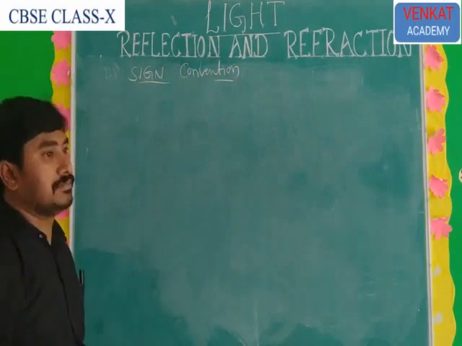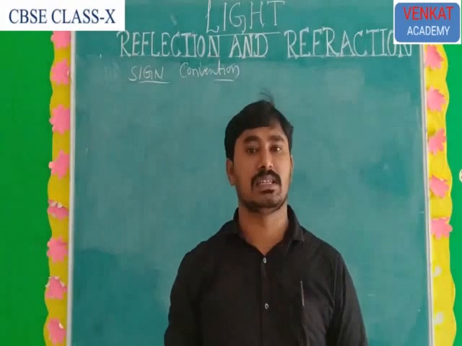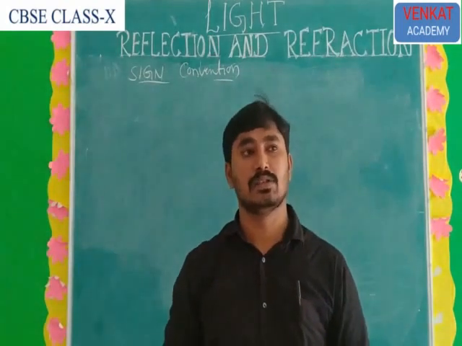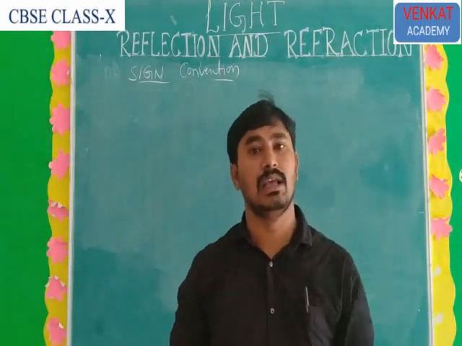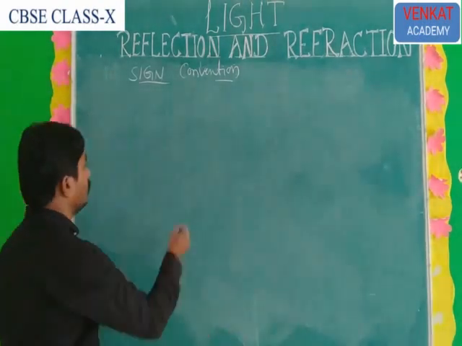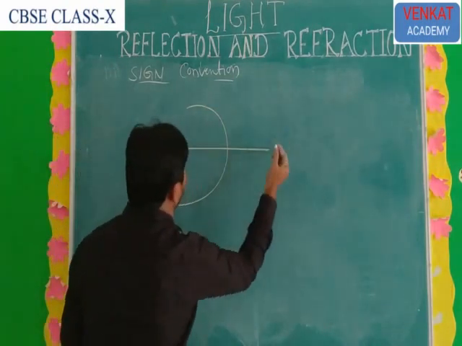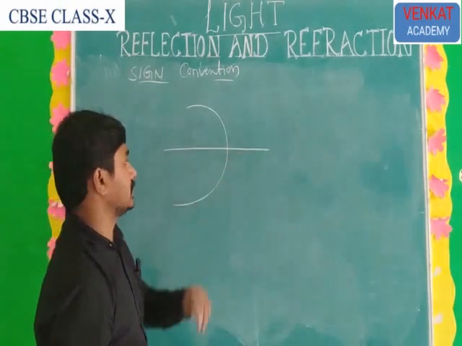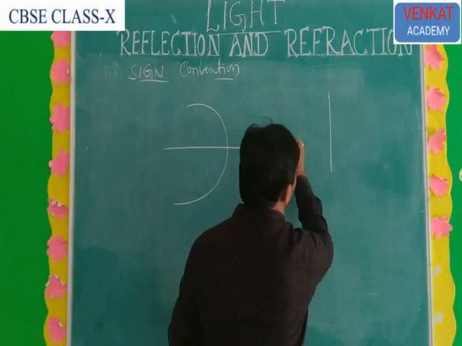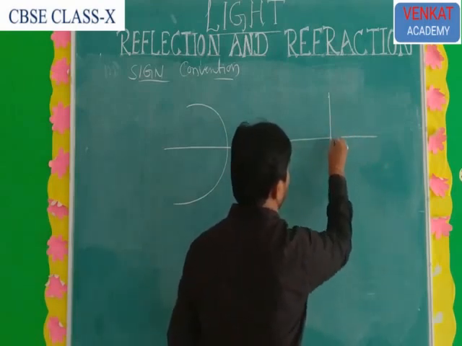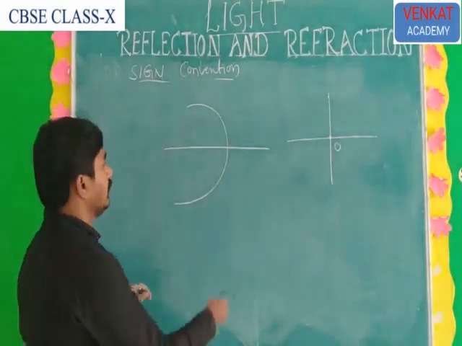What about sign convention? I think you know very well from mathematics, especially the coordinate system. In the coordinate system, you know the x-axis and y-axis. The coordinate system is very easy. You know the origin very well. So here the origin means the pole. Once you compare the two, take any concave and convex mirror. So this is a concave mirror. This is the principal axis. And also take the coordinate system here. This is the coordinate system. So this point is the origin. In the coordinate system, the origin means the pole is the origin.